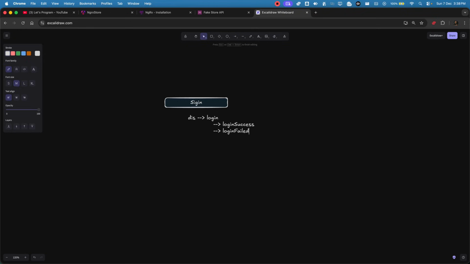And same thing for the register. If the register is done, it could be a success or it could be a failure, which means now we have to create this kind of action creator, right? And once we have this action, what happens? Once the action is dispatched, something will happen. When we are using this login, the login action will be used inside your, and I'll tell you how that will be. But one thing to note here is that whenever your action is executed, there is a high chance